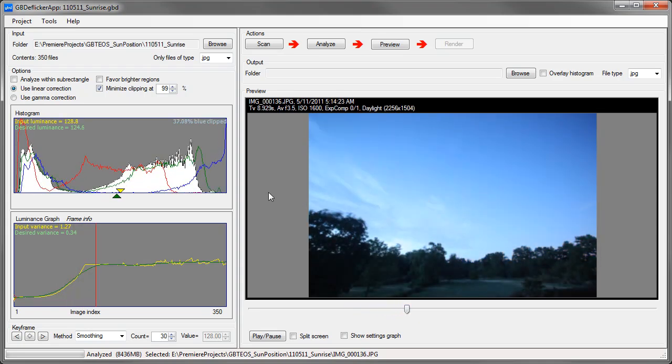Here the sun's coming up. Notice on the histogram I've got quite a bit of clipping of the blue channel. See, 37% of the pixels in the blue channel are clipped. As I go on,